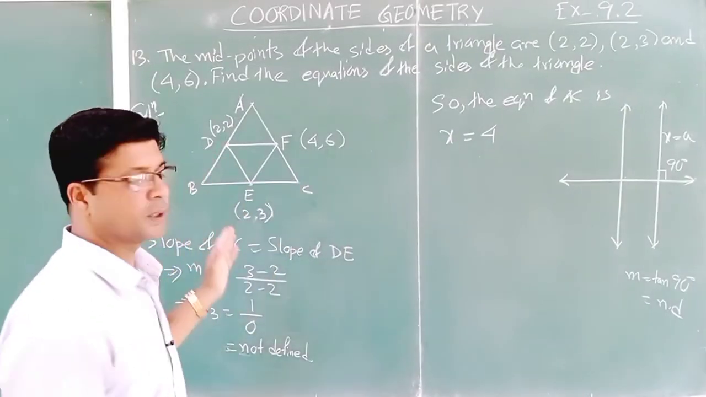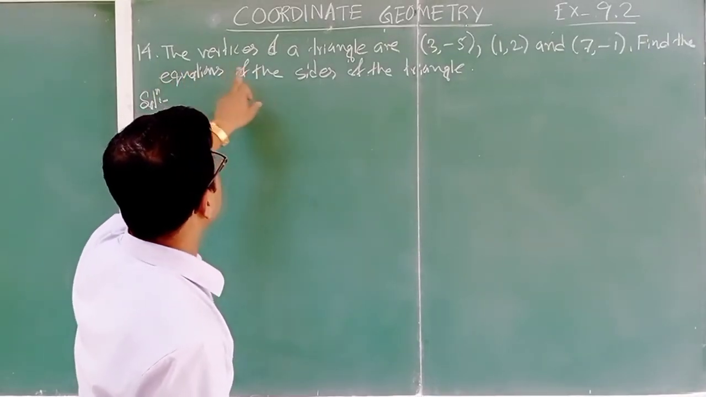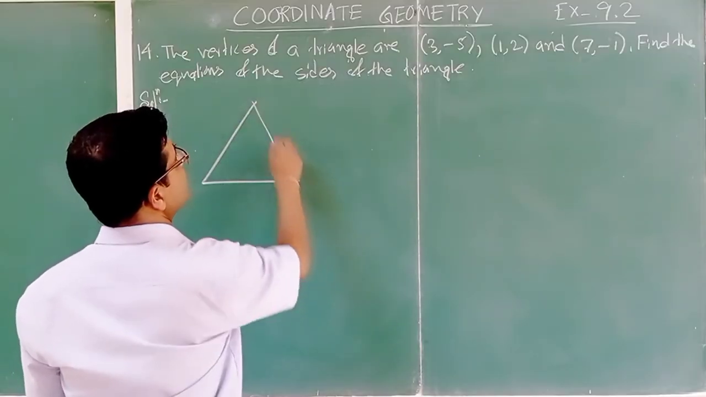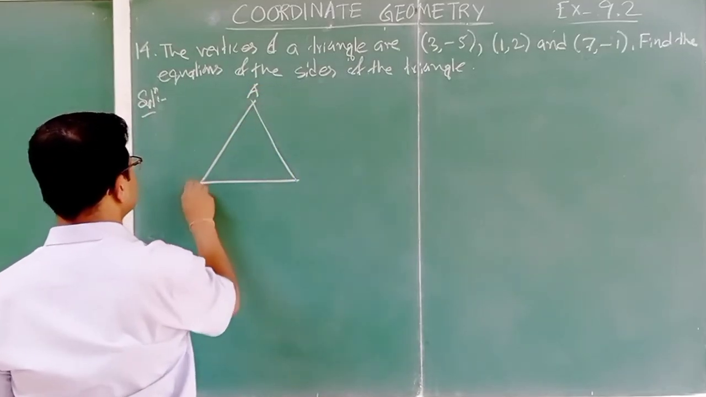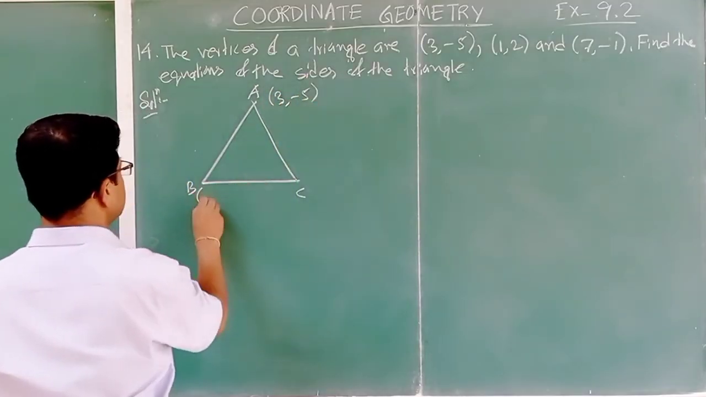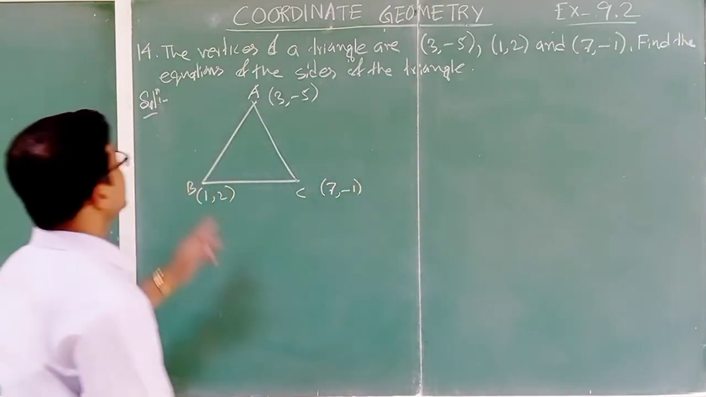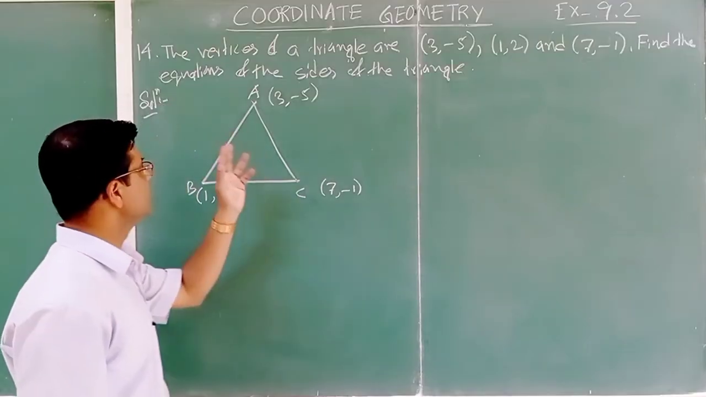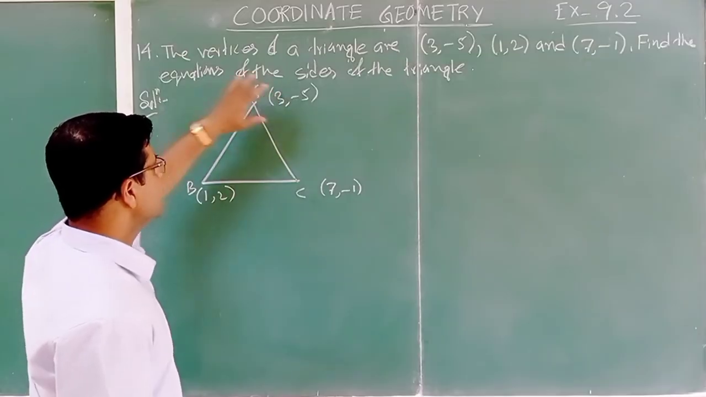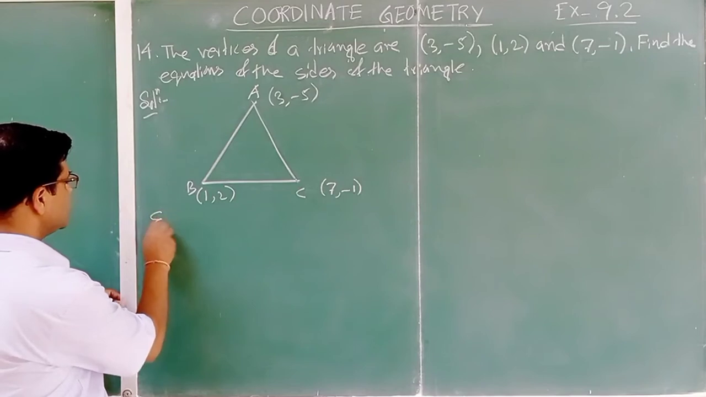Now let us move to question number 14. All right, now we have taken question number 14. Let us read it. The vertices of a triangle. Okay, let us draw a triangle. Suppose this is A, B, C. The coordinates of the vertices are 3, -5, 1, 2, and 7, -1. All right, this is given. Now find the equation of the sides of the triangle. We are asked to find the equation of this and this. Now what is the concept? We know, if the coordinates of 2 points are known, we can easily find the equation. Let us find the equation